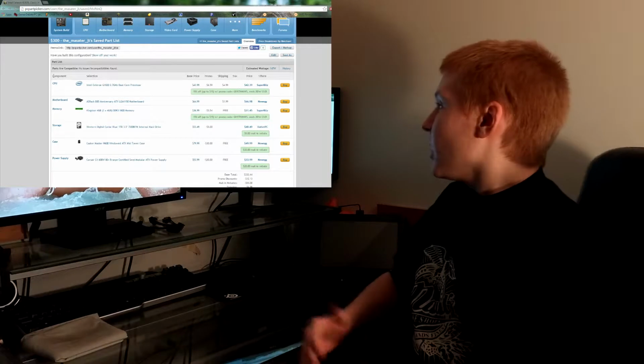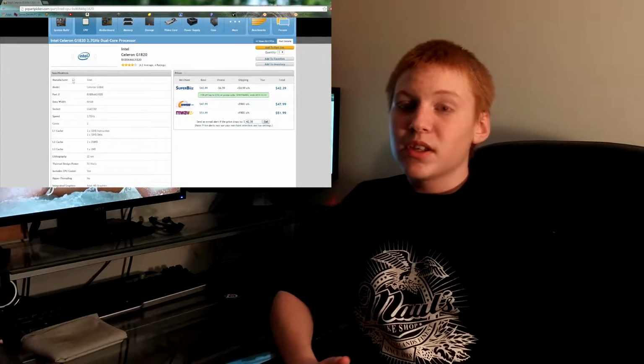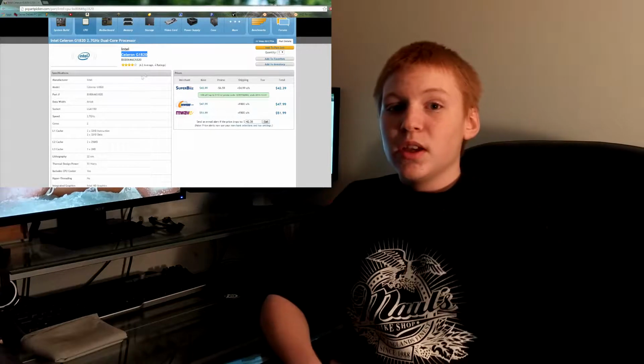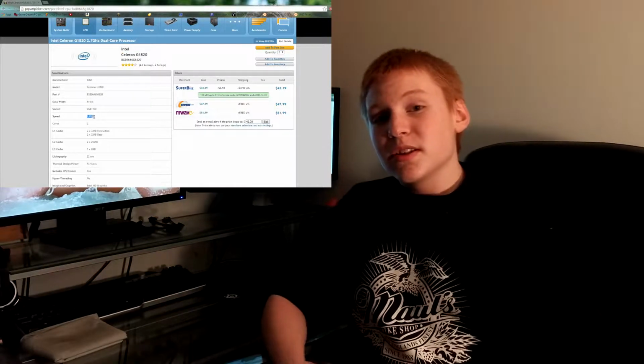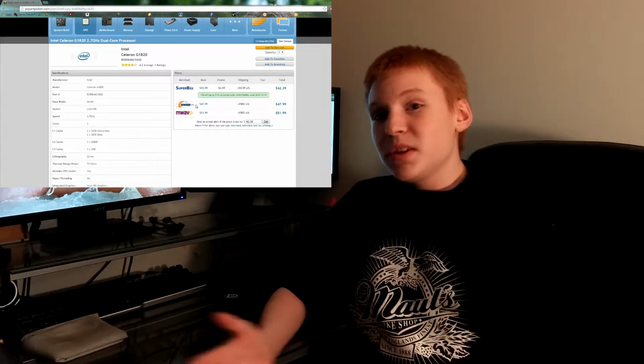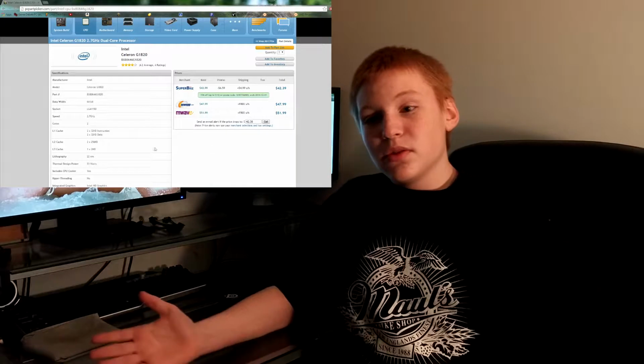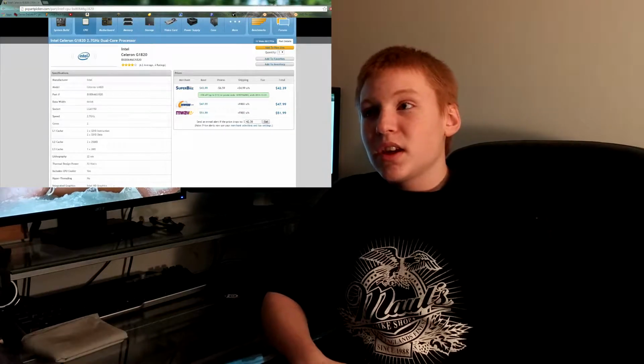For the CPU, I chose the Intel Celeron G1820. This is a 2.7 GHz dual-core CPU. Now, if you don't know what CPU is, it's a central processing unit. And 2.7 GHz is going to be decent. It's also a dual-core, so it's going to be able to handle pretty much anything